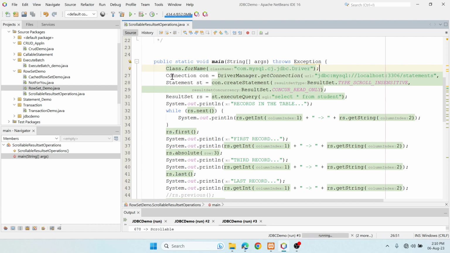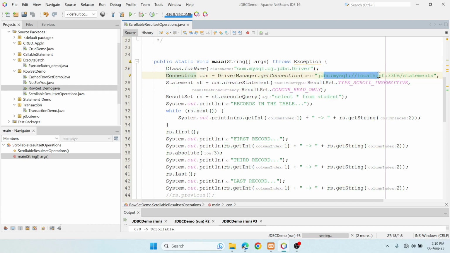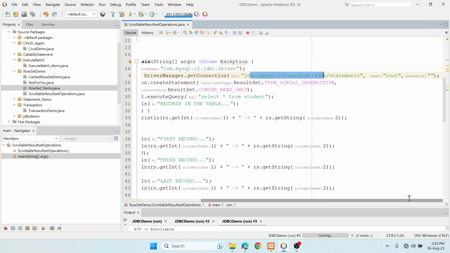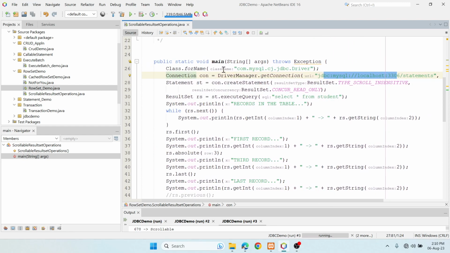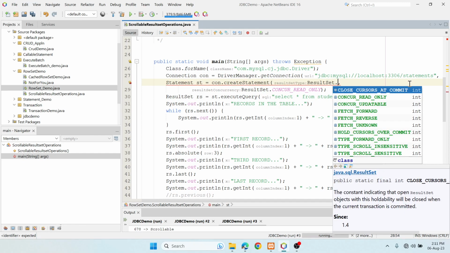And I have the connection interface with the database name and my username, and the password is mentioned in that. Now, this line is important for us, line number 28. In the statement interface, I'm specifying the result set type as scroll insensitive. So whenever you place a dot over here, it is going to show you all of the methods